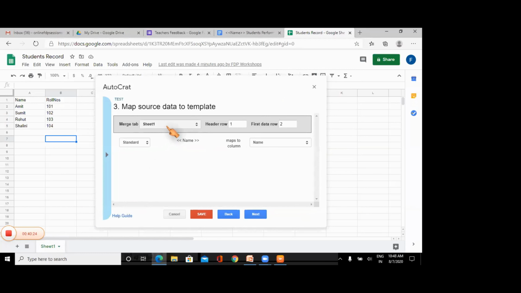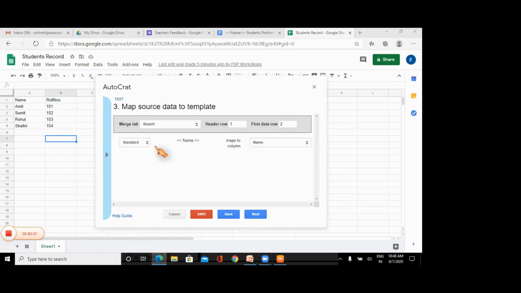So you have to select sheet 1 of your Google Sheet. Header row is the first row, that is the name and roll number, and data starts from the second row. It will automatically take this data.